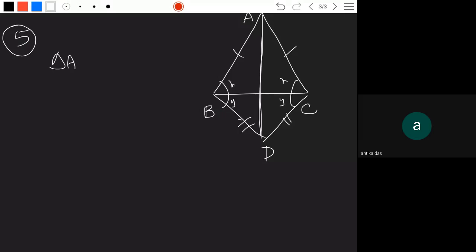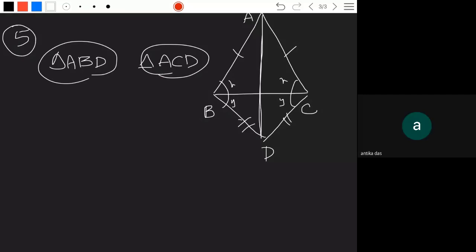She said the ABD triangle and ACD triangle, isn't it better? These two triangles you want to prove congruent. Can anyone say by what congruency these two triangles are congruent? Side angle side. No, where is the angle? Someone said AAS. No. SSS. Very good, side side side congruency.